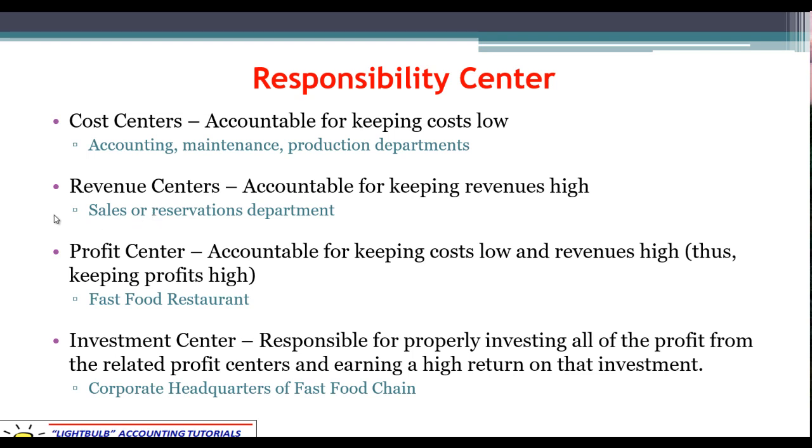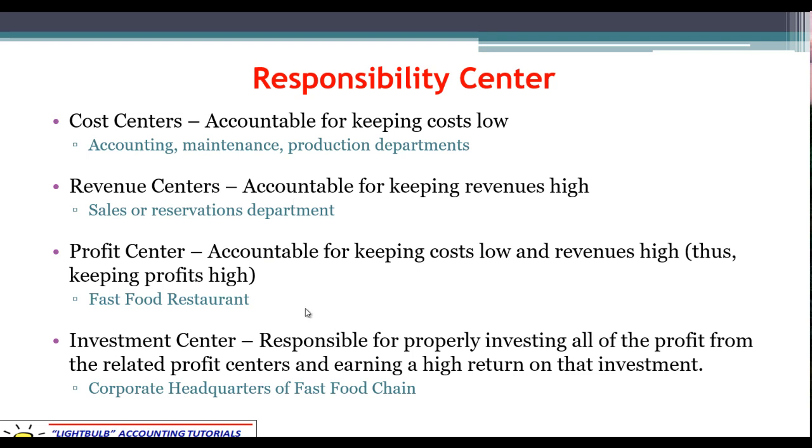So these are areas like the sales departments, or reservations departments. So their main focus is generating revenues. They might have some overhead costs, some computers. They'll have some staffing costs, some labor costs, but we're not really focused on that. Their main focus is generating revenue. So we're not going to bother to measure cost, or at least hold them that accountable for it. Certainly they'll have a budget, but that's not our focus.